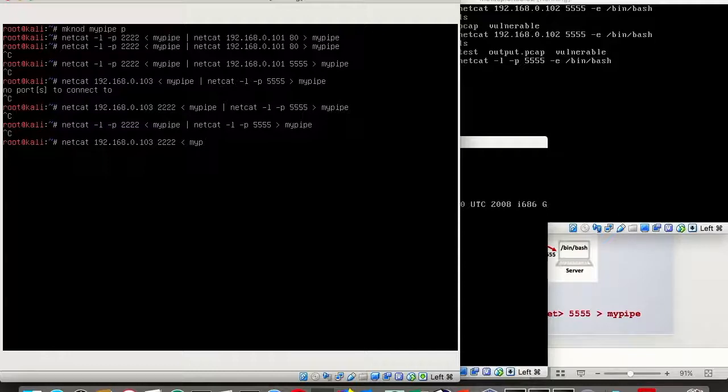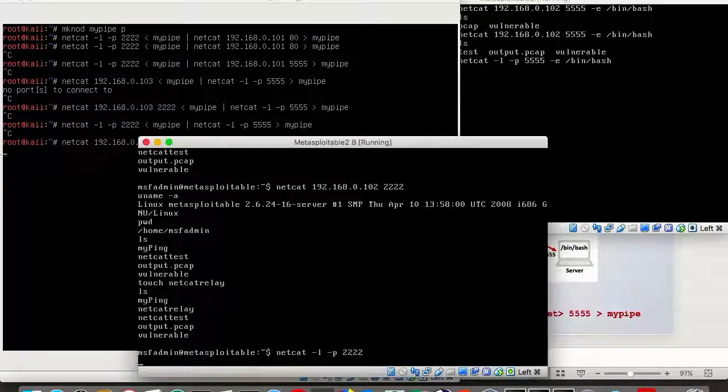Read anything from the pipe and then forward it to the other netcat, which is also acting as a client, and then connect to 101 on port 5555. Forward anything to my pipe, and supposedly two connections have now been established from the relay, one to the target machine and one to our machine, tunneling and relaying a shell. Let's see if we can get a shell.